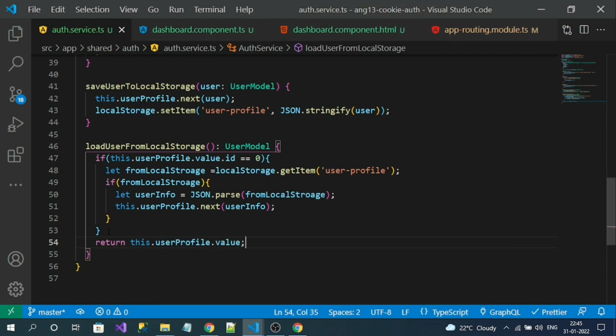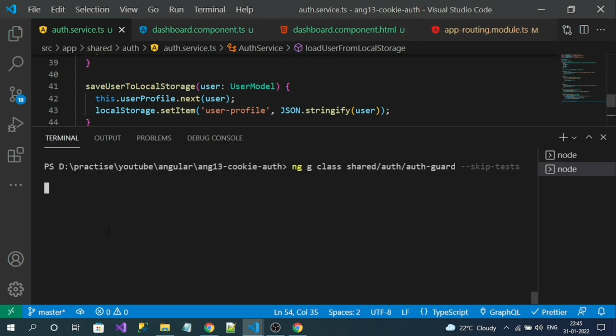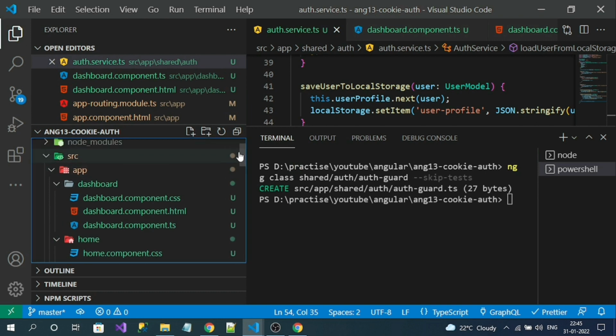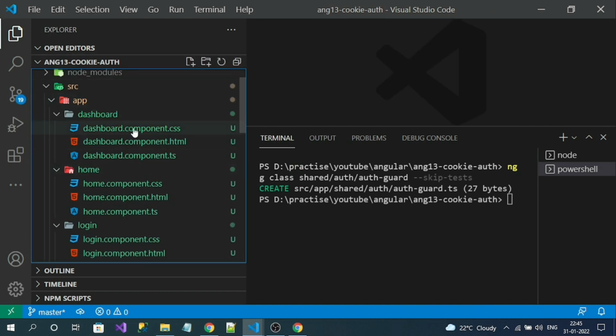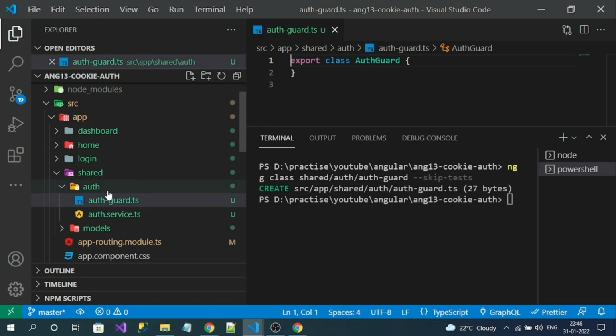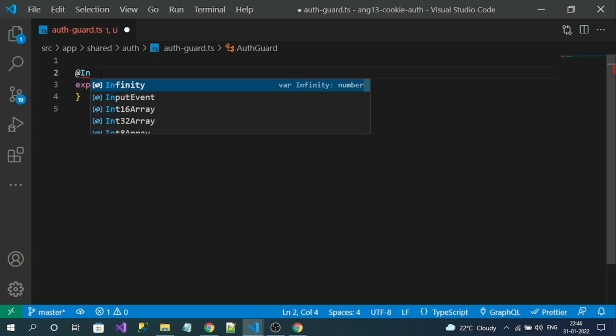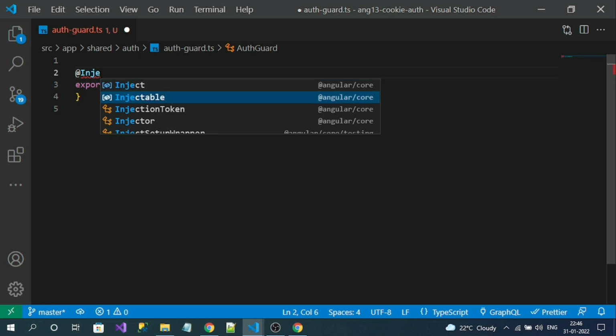Now let's create an auth guard. The auth class is created, a normal plain class. We implemented it as an authentication guard. So now we have to make this class an auth guard. To make it an auth guard, create